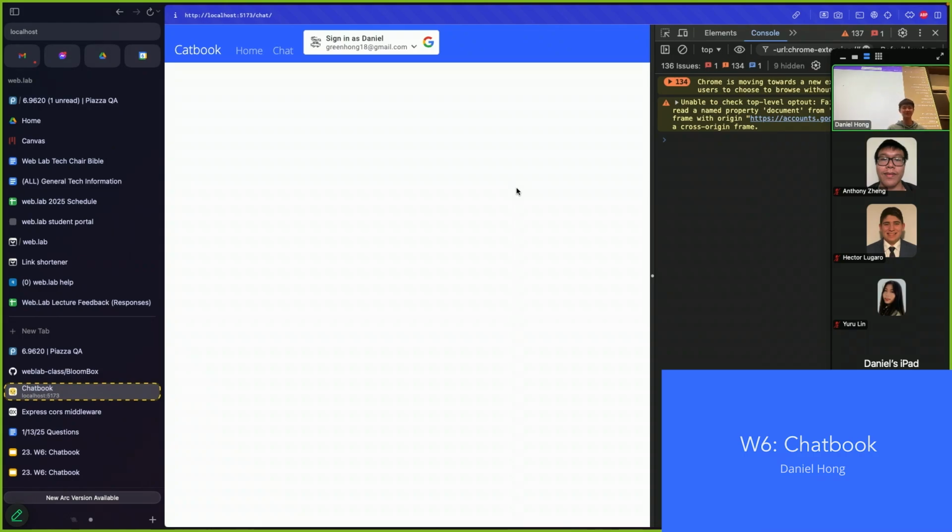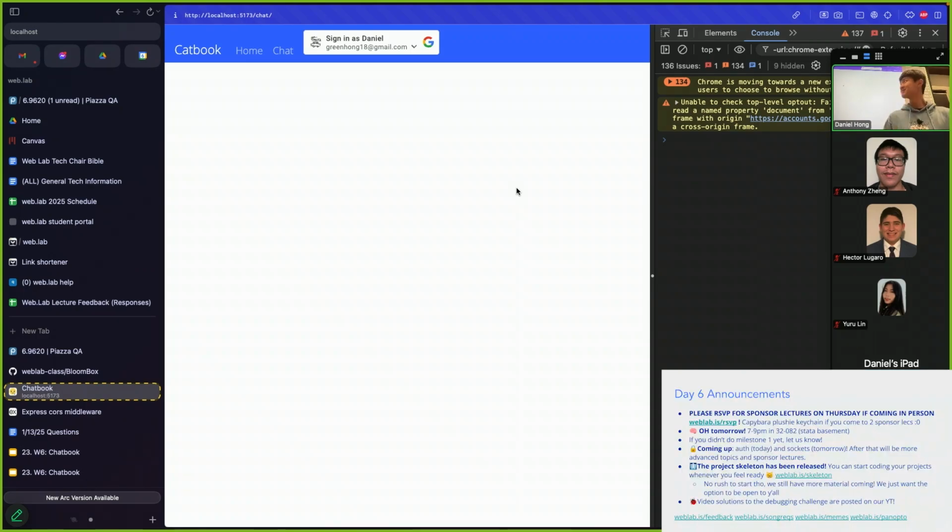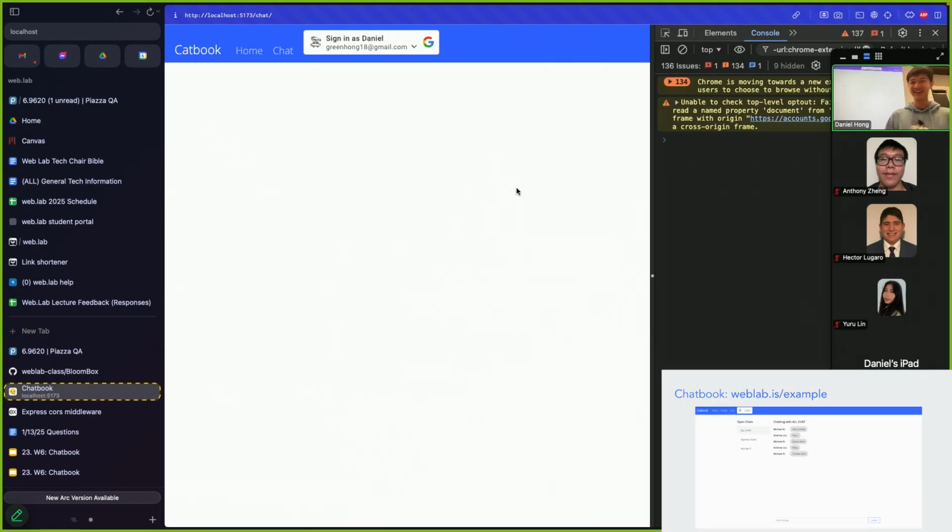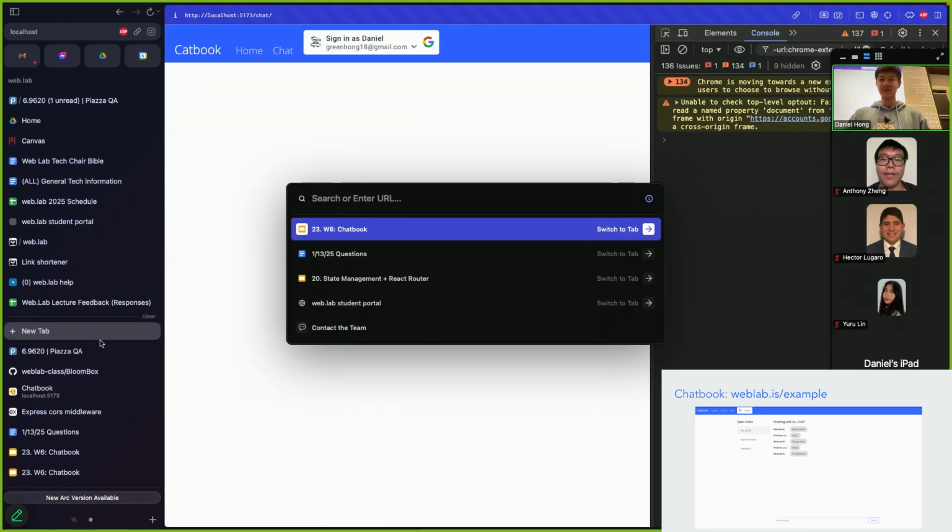We're going to be moving on to our next workshop, which is Chatbook. We already went over these, I think. So, if you go to weblab.is/example right now, you should be able to see